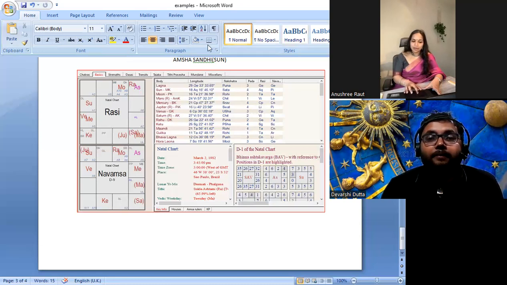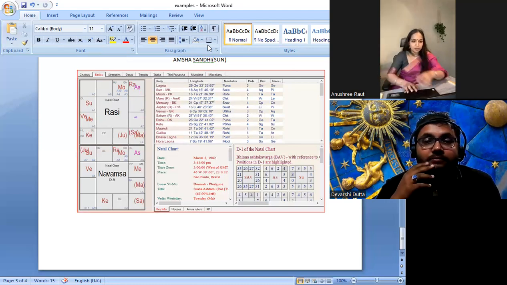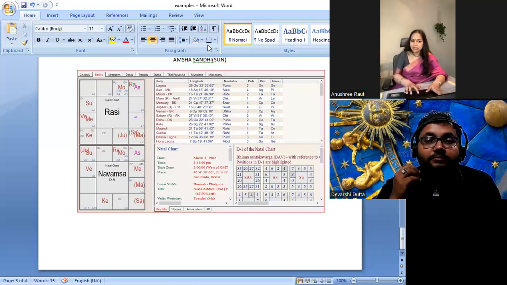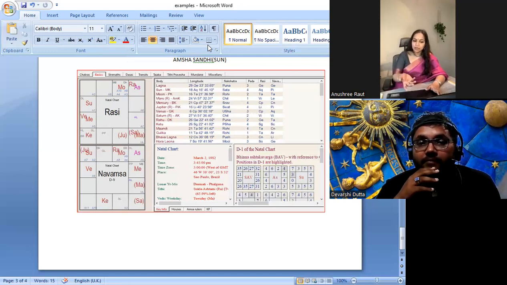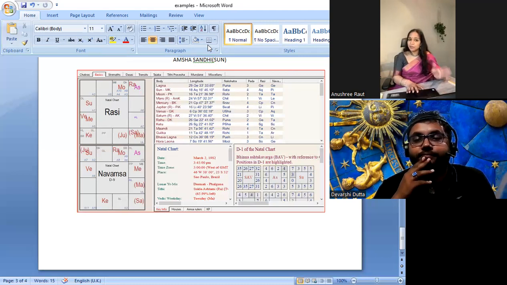Also, if you look over here, Lagnesh Mercury has gone to the 8th house. Saturn is at 27 degrees 51. So even the work, if you look at Saturn, it is Atmakaraka, it is not 29 degrees, but it is 27. It is almost towards the end of the sign. It is about to go to Libra.